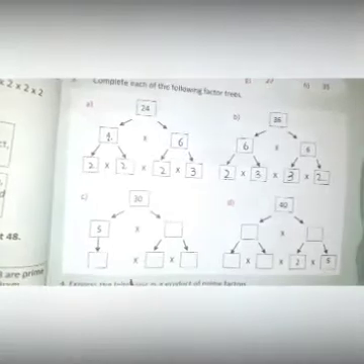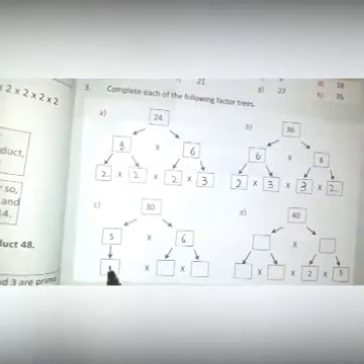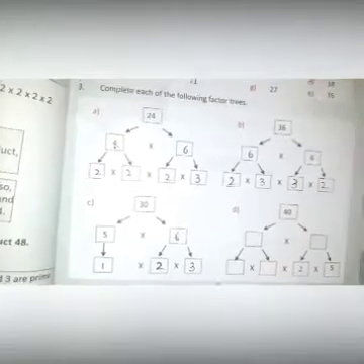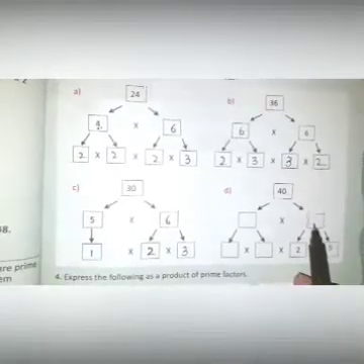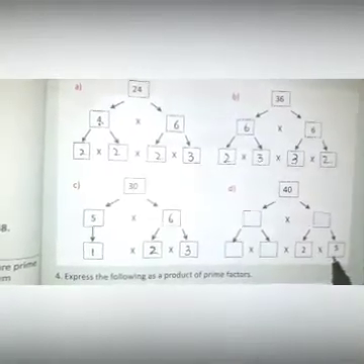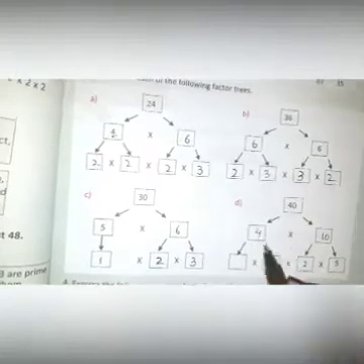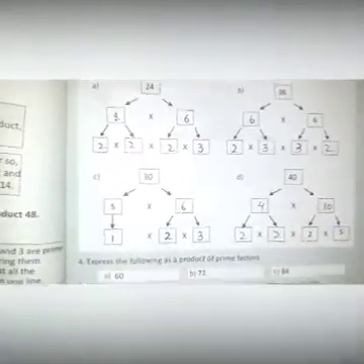Now part C. Here 35 is written, 5 6s are 30, 5 1s are 5, 5 and the 6, 2 3s are 6. And here is the 40. You can see that there is nothing written. So what will you do? Here you can find the answer. 2 and 5, 2 5s are 10. So you will write here the 10. So what will you multiply with the 10 to get the answer 40? 4 10s are 40. And what are the factors of 4? 2 2s are 4. Now that is the factor tree of 40.